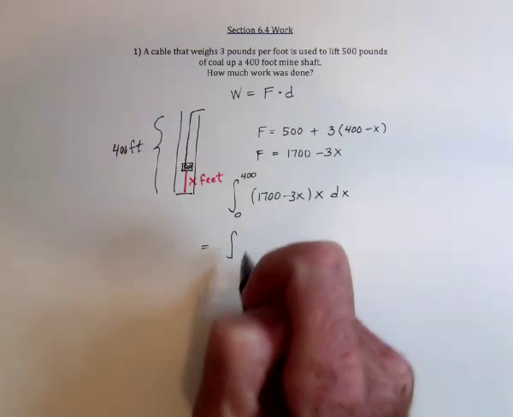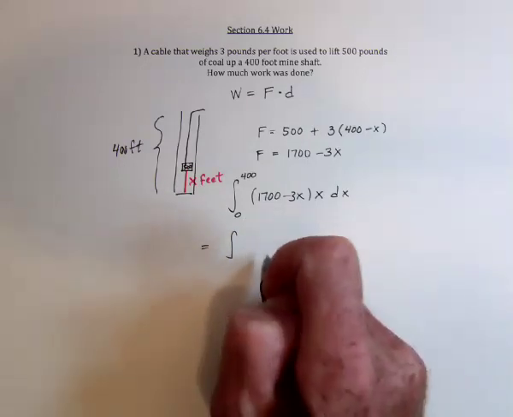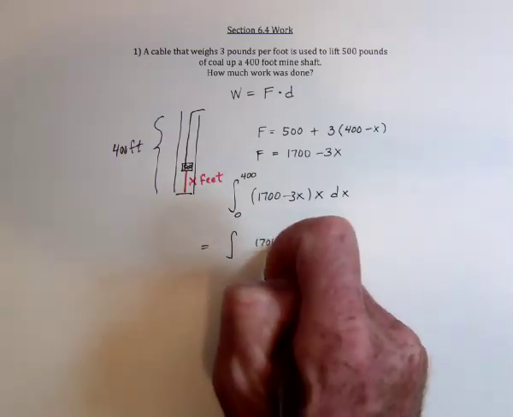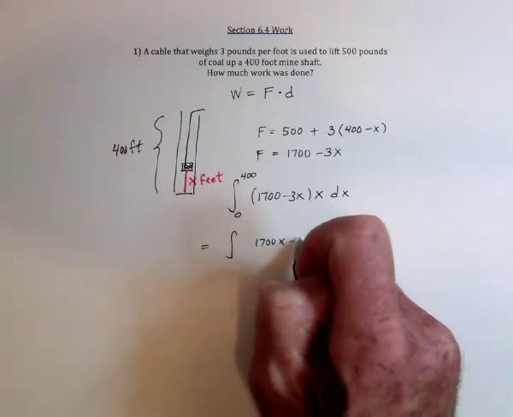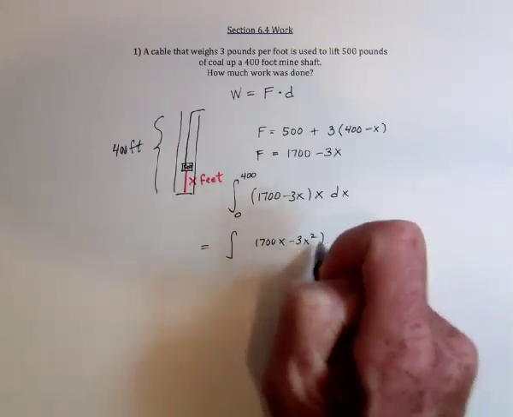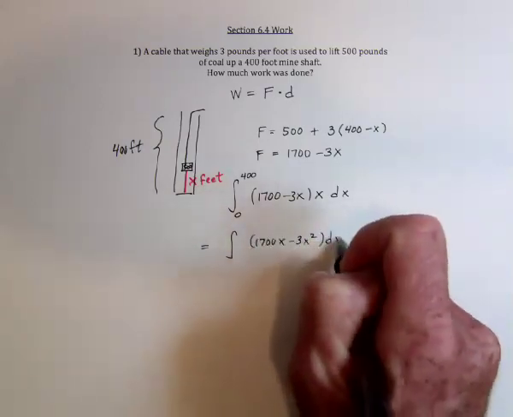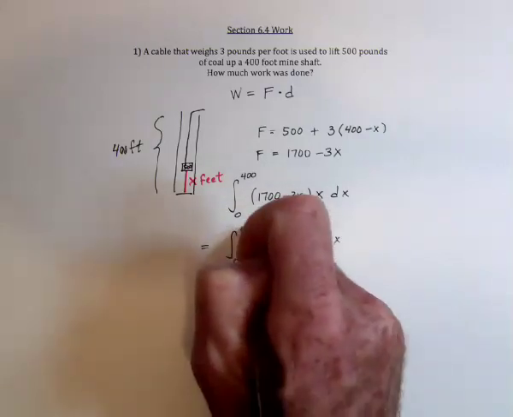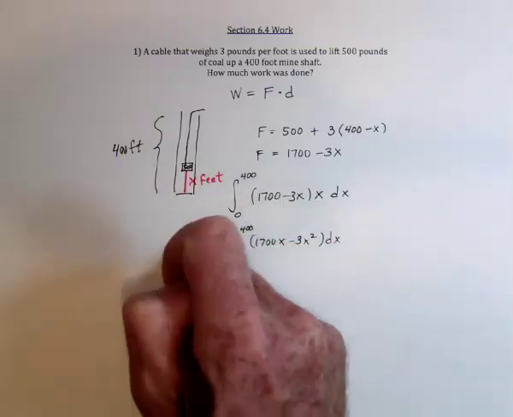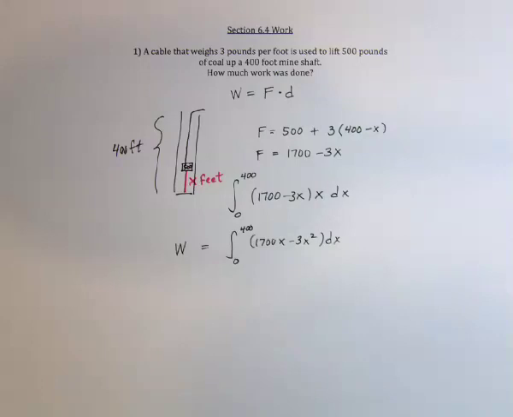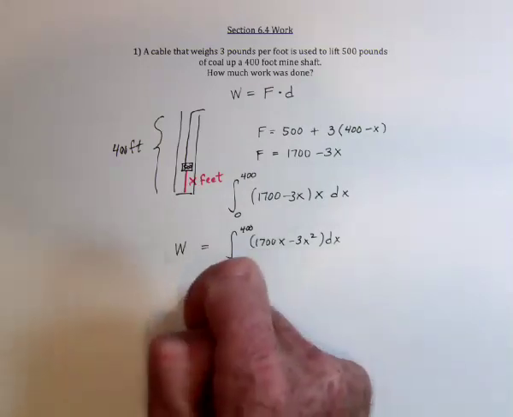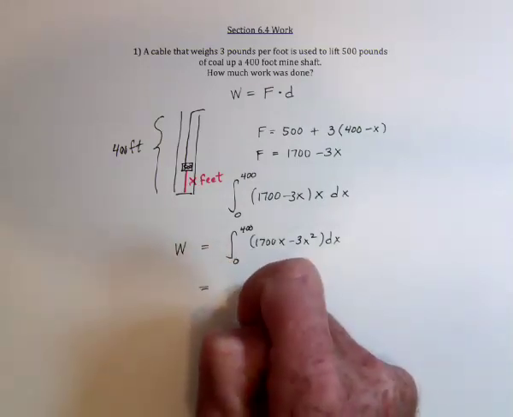So I suppose I should do some algebra. It's going to be 1,700x minus 3x squared that we'll be integrating. And then to get a little fancier, I can even label it as W for work. So the antiderivative is going to be